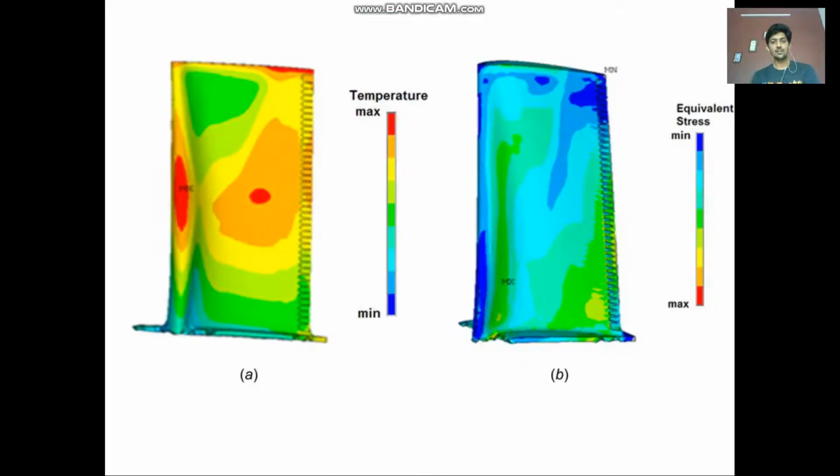Now there are different examples here. Let us consider a turbine blade. If you look at the leading edge, the temperature is high. The maximum temperature can be seen at the leading edge as well as the tip of the blade. Whereas when you look at the stresses, they are lesser, just because the material selected here has a good resistance to thermal shocks or thermal loads. Because of this, even though it is exposed to higher temperature, the stresses are way lesser than the strength of the material. So this point we need to remember: the material plays a major role in thermal shock resistance, because if the load is more, the thermal expansion is more. Due to thermal expansion, the induced stresses are more, and if the stresses are greater than the strength of that component, that leads to failure.